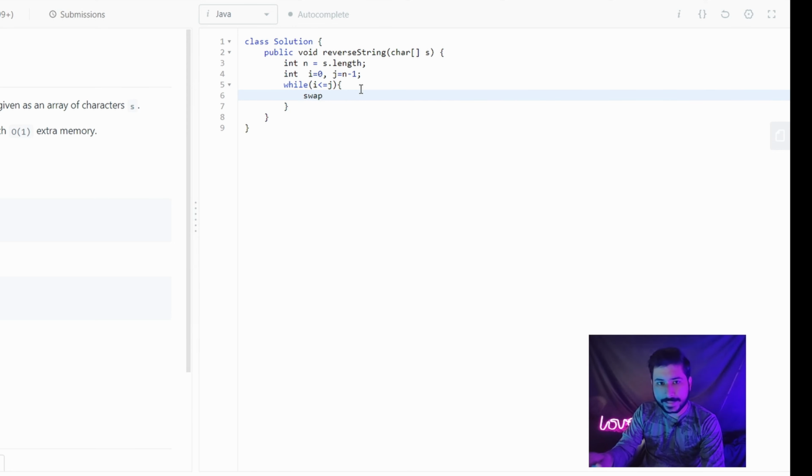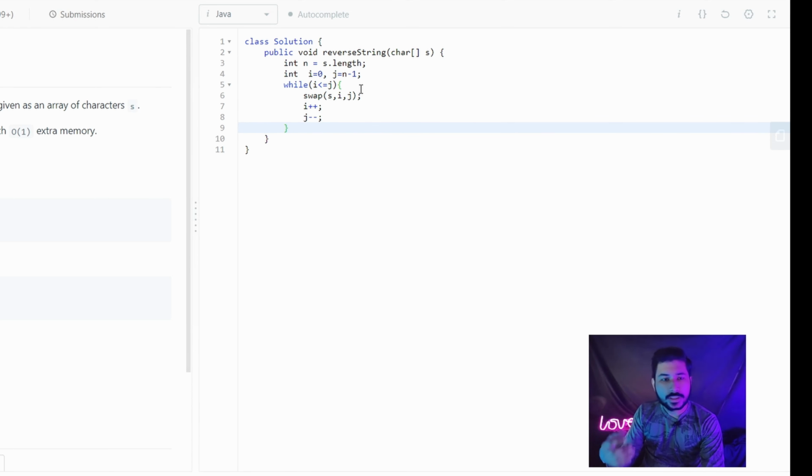You can do it here also, but I prefer creating functions for simplicity purposes. So we will create a swap function where we simply give s and both the positions i and j. It will just swap both the values, and after swapping we do i plus plus and j minus minus.